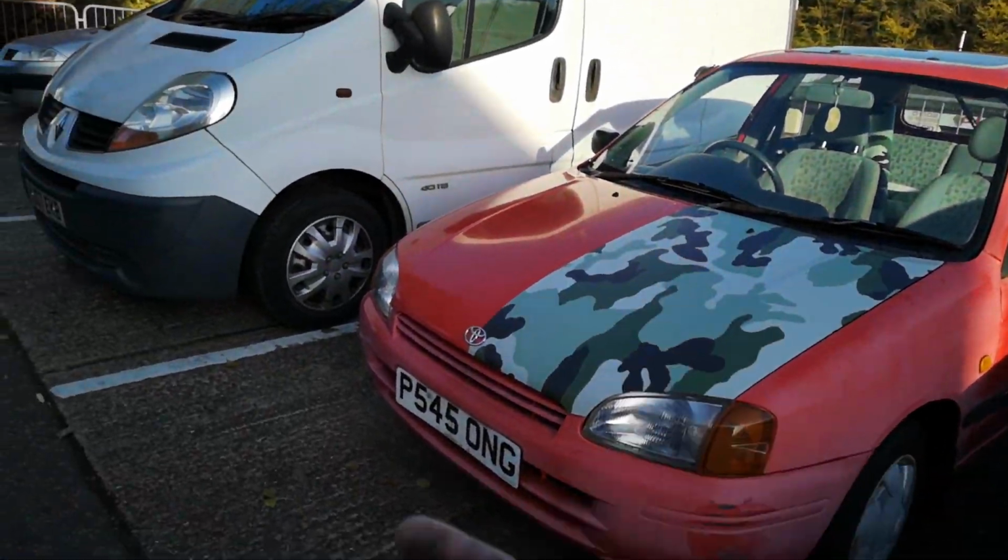Anyway, let's get to actually doing stuff on my car. So we are now back at home, and I literally just started that clip off like I was restarting the video. Anyway, I didn't get around to doing the sun strip because we are running low on gloss black and satin black vinyl, and I didn't really feel like any other colour would suit a sun strip, if you know what I mean. I was thinking about Nardo Grey,